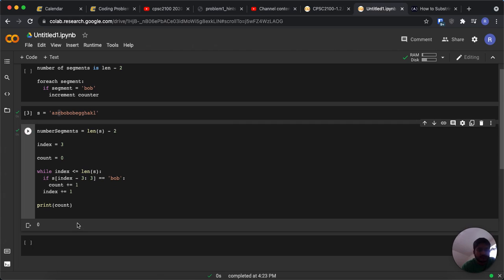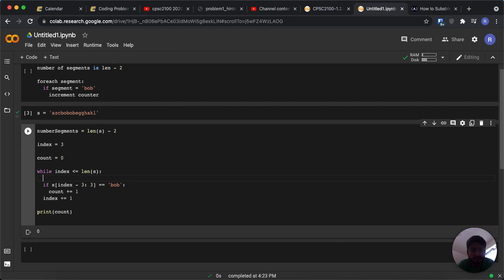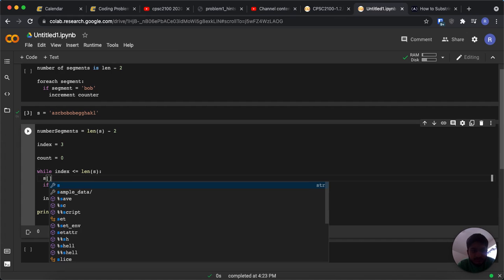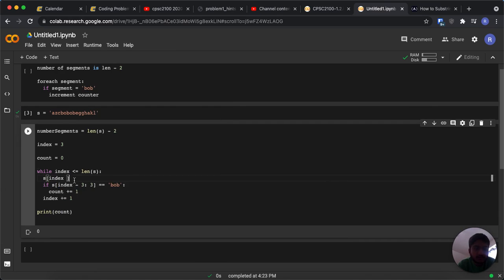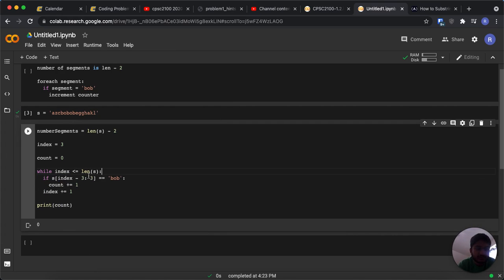Okay. This is not right. Where did I go wrong? Let me do an S. Oh, I know where I went wrong. It's S of index minus 3, and this should be index. Now? Okay, so we got 2,